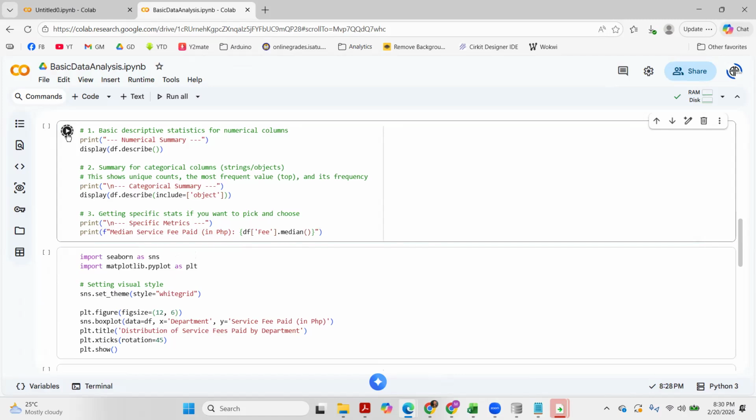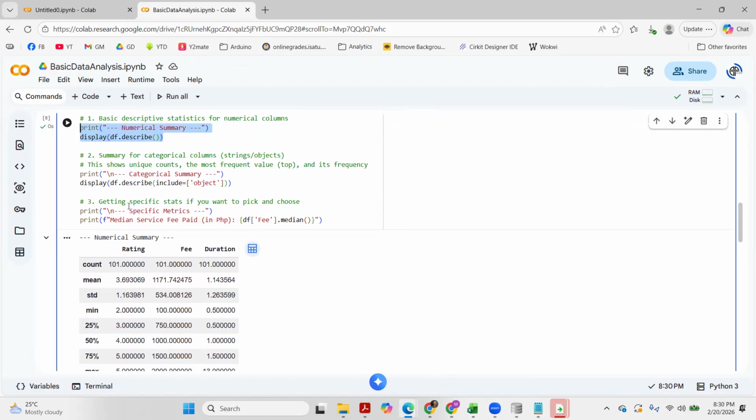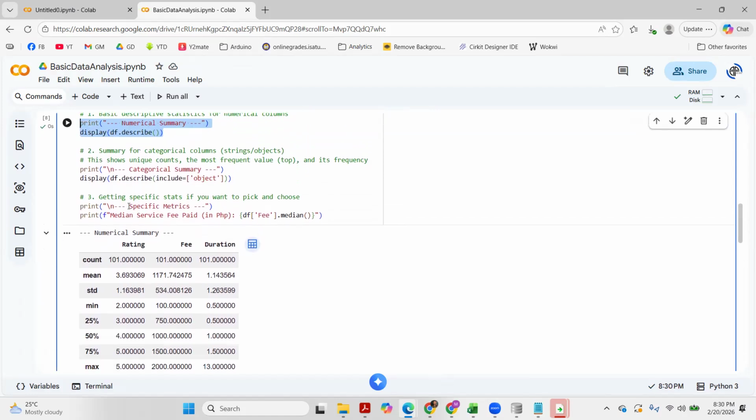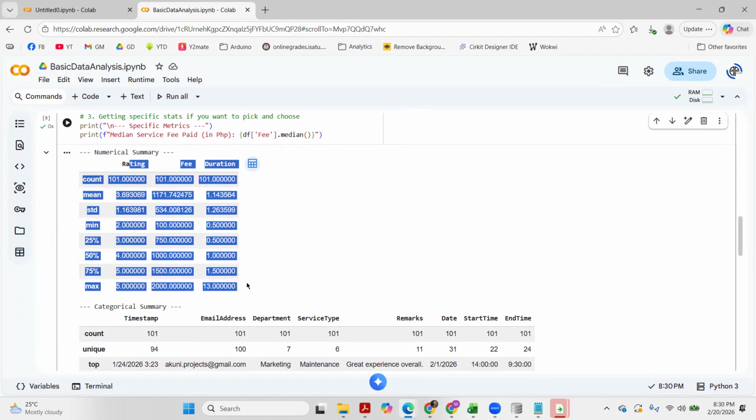Let's see. All right. So first print, we have the numerical summary and then the descriptive stats of our table. Everything that is in numerical form, which are rating, the fee, and the duration.